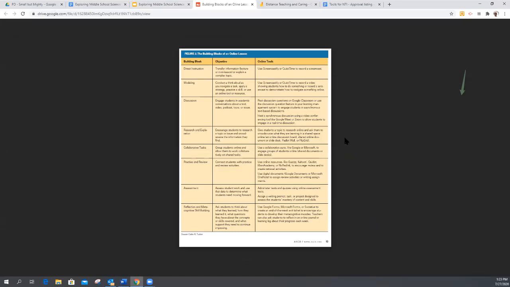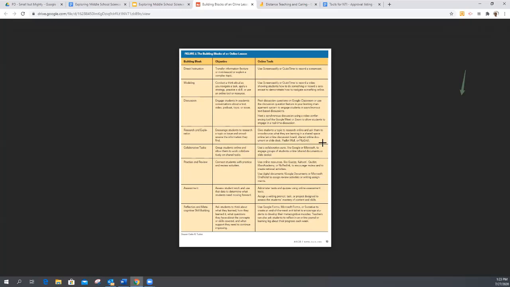Now, one thing I would suggest that you be careful of: most of the online tools that were free in the spring are no longer free. There are some, like Screencastify, to do recordings. A lot of us were using that, and that's fine. You can still do some small recordings with Screencastify. But if it's more than 5 minutes, then you're going to upgrade and you're going to pay.